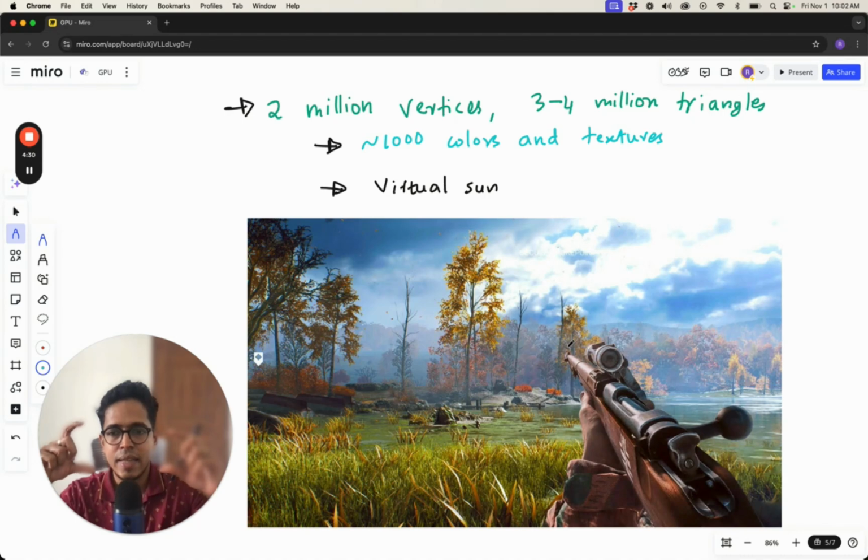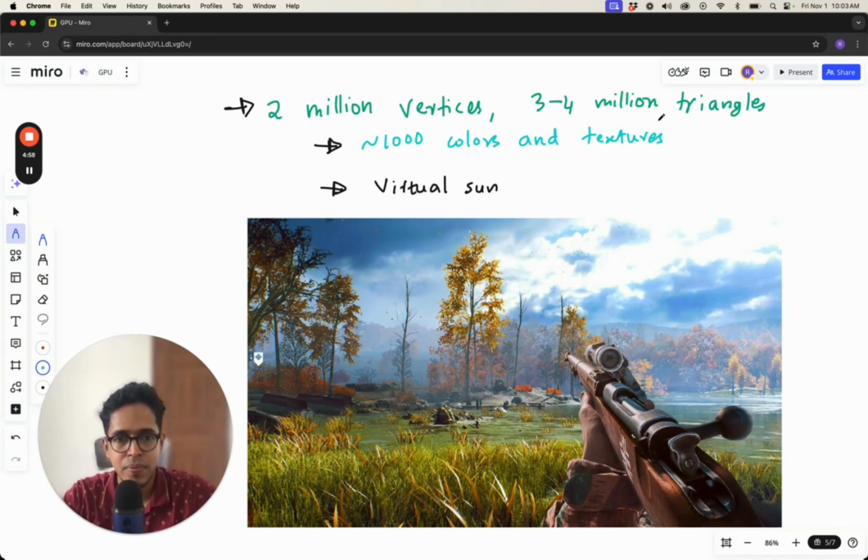An individual scene like this can have 3 to 4 million vertices that are being rendered at a given time. In the game, you just need to render those vertices that are coming in the field of view of the camera. Vertices outside of the field of view of the camera do not necessarily need to be processed. But even within the camera field of view, you will have maybe 2 million, 3 million vertices. And there will be a similar number of triangles, like 3 to 4 million triangles created by